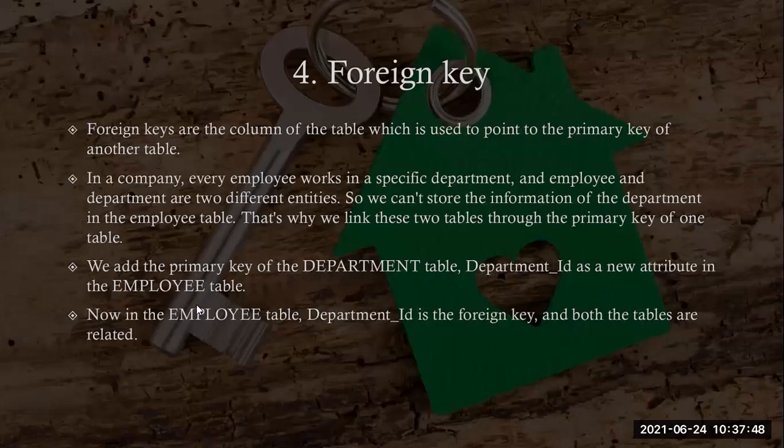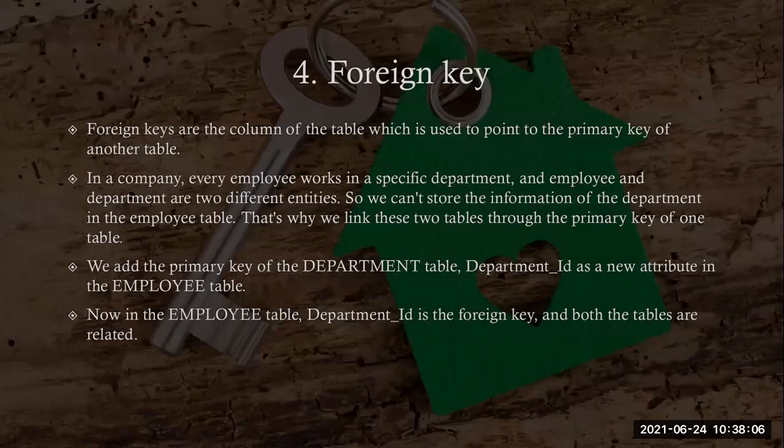Sai Prakash is a CR of which class? He is a CR of what? Fourth semester. So we have to prepare one separate student council table here, and we have to mention that Sai Prakash is CR of fourth semester. Yes, a separate table will be there. His USN number will be presented here.